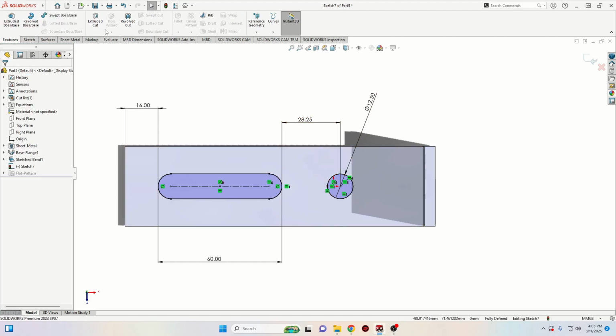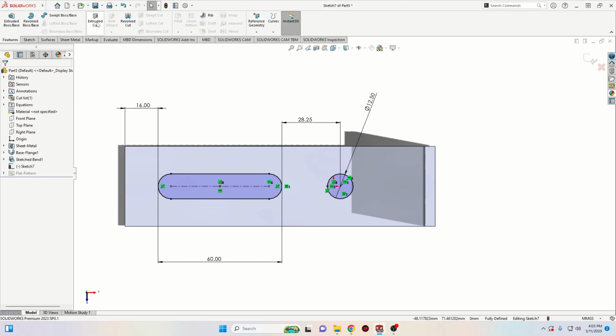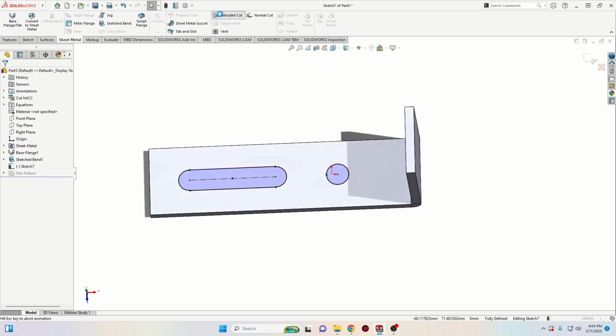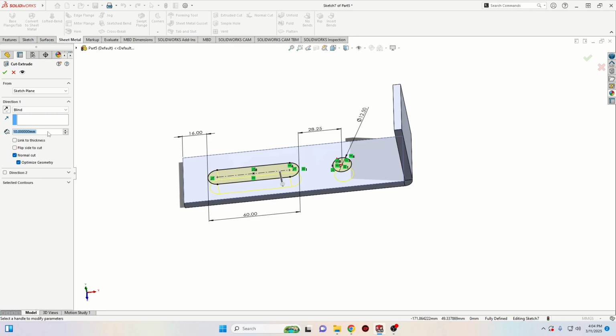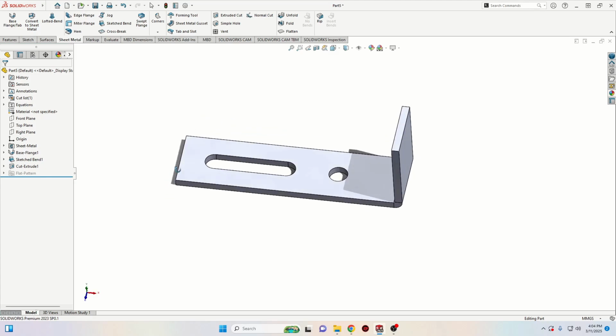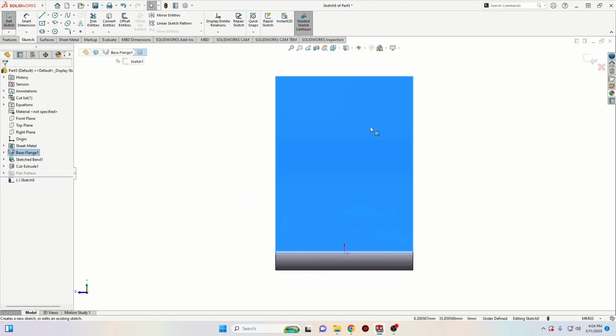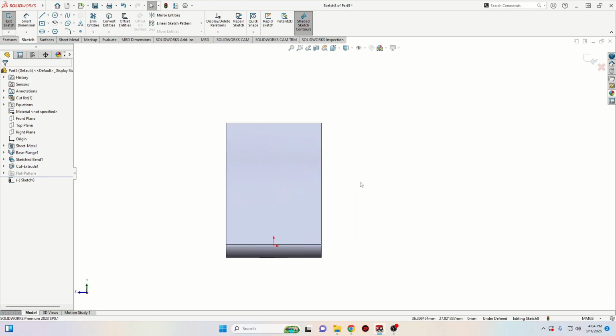Go to features, or if you want to use sheet metal until the end, go to sheet metal and select extruded cut, but it's the same thing with this extruded cut, so it doesn't matter which one you'll be using. We can select here link to thickness, and the cut will be automatically the thickness of this sheet metal. Press OK. Nice, and now we'll have to open another sketch on this face, and here let's make the next